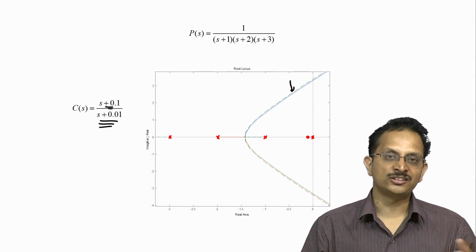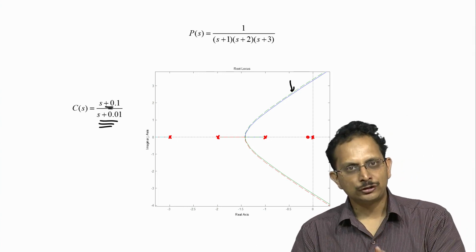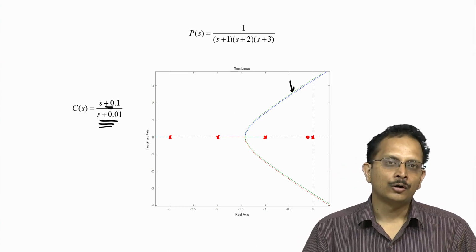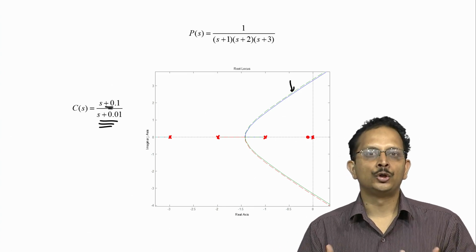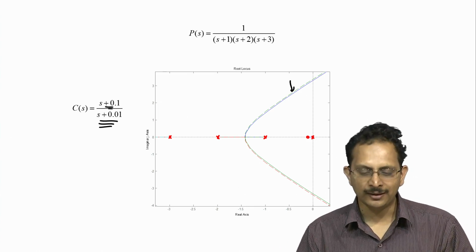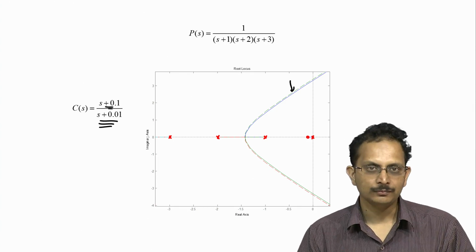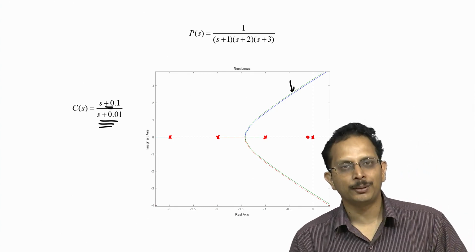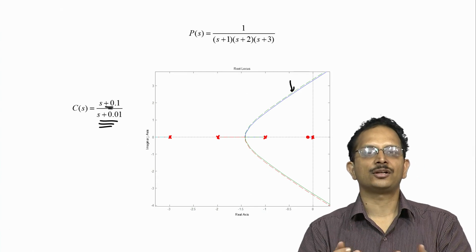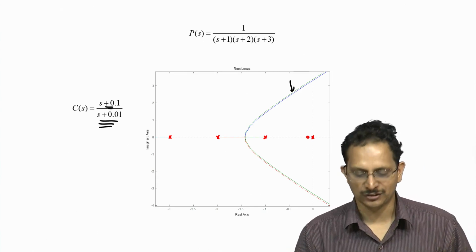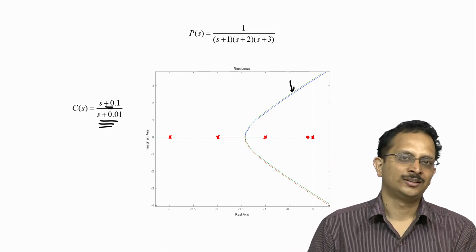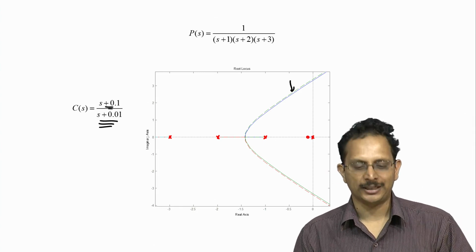Therefore, meeting performance specifications is more important than designing a closed loop system with the desired dominant poles or the desired dominant dynamics. As we saw in this particular clip, representing the constraints on the overall open loop system that would arise due to the performance specifications in terms of disturbance rejection or reference tracking is difficult in case of root locus, whereas one can readily represent in a Bode plot the necessary loop gain or the necessary controller gain for us to be able to track references or reject disturbances in certain frequency ranges. And hence root locus